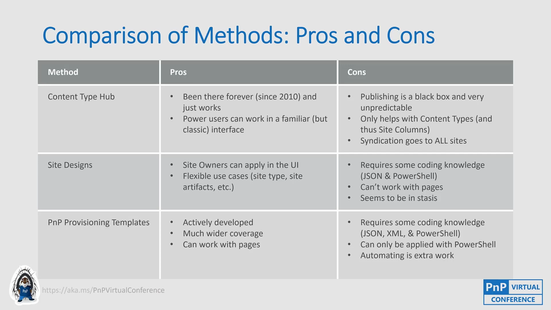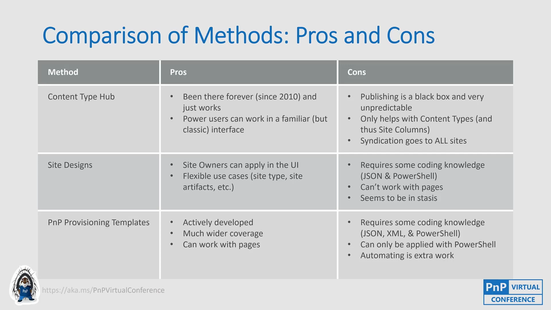Power users can do their work in that content type hub. It's a classic SharePoint site, and you can go in and configure your site columns and content types and then click the publish button and radio button, and those content types will be pushed out across all of the sites in your tenant. The downside of that is that the publishing process, the process of actually doing that syndication out